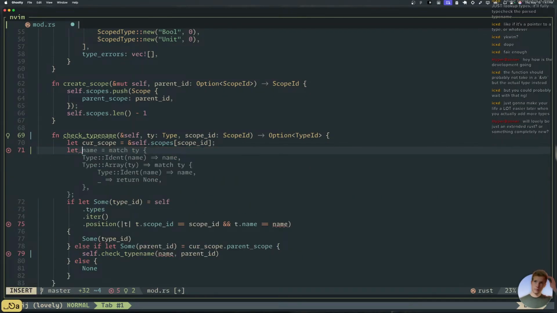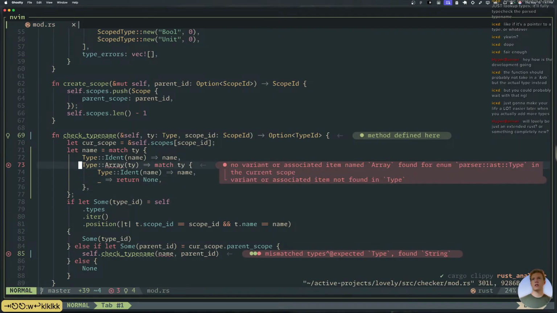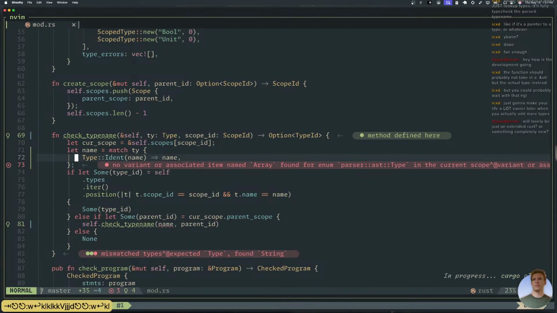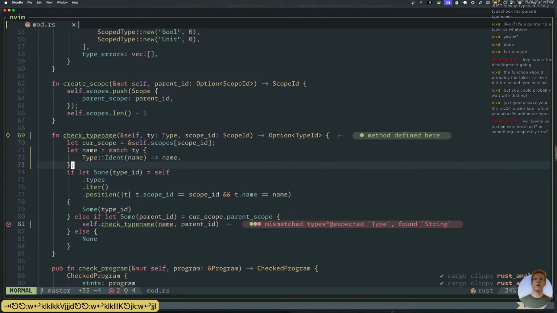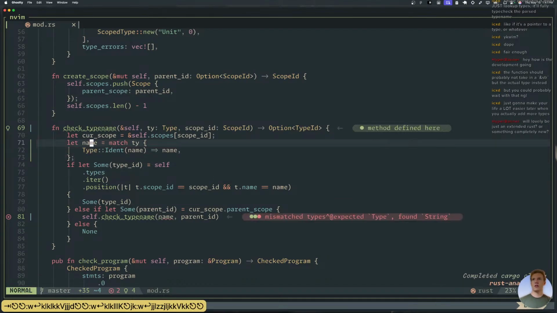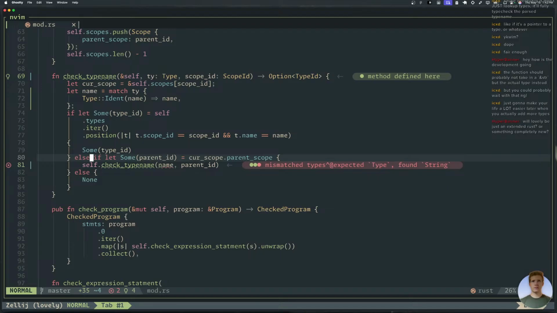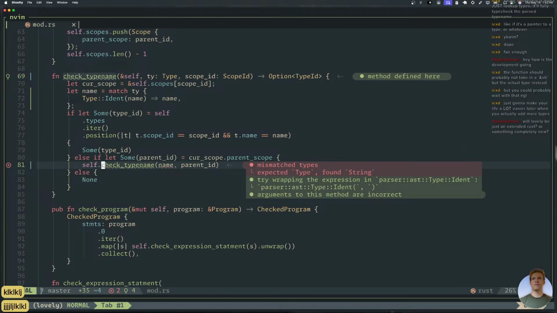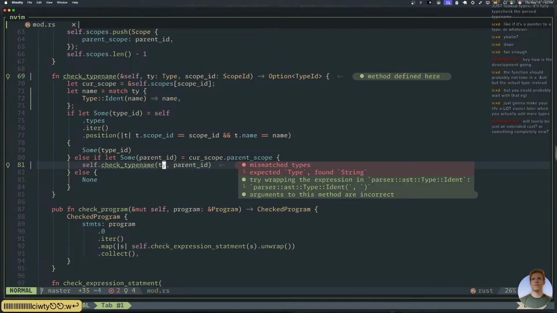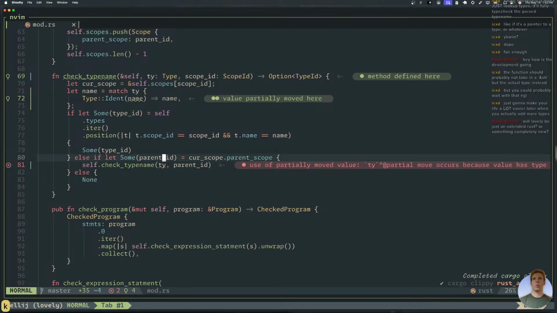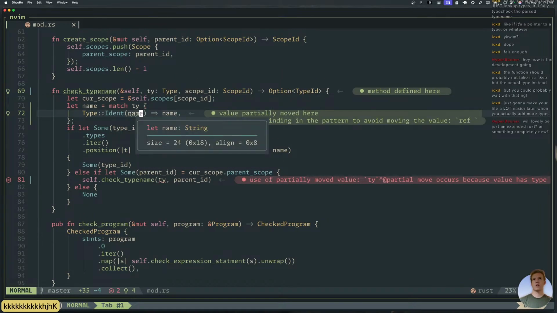Let. Oh, this is kind of good, actually, but this doesn't exist. Okay, that's kind of annoying. I have to do this when I know there's only one variant, but oh well. And then the name tag. Value partially moved here.